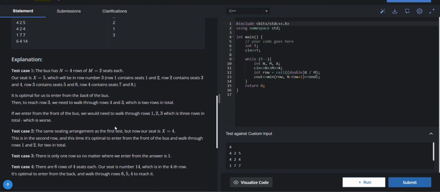That means we need to find the minimum of the value from both the front of the bus and the back side. So let's understand the code. Here we will take the number of test cases first. We input n, m and x. Int row equals ceil of x by m. What does this mean? We will divide